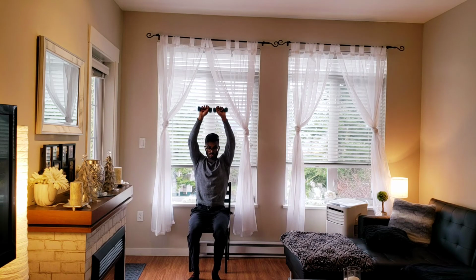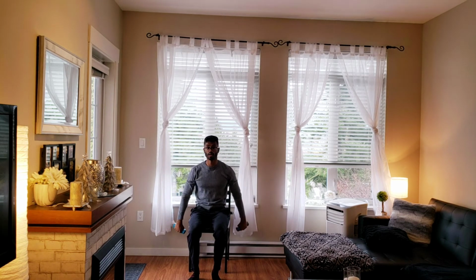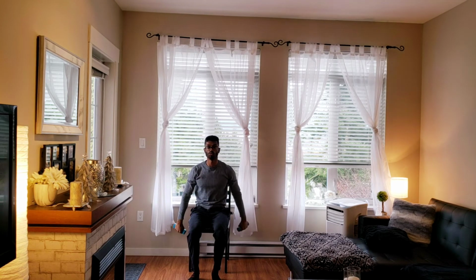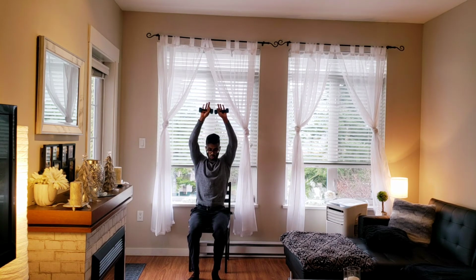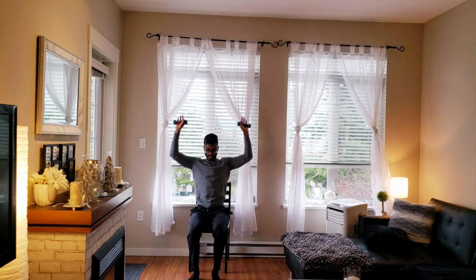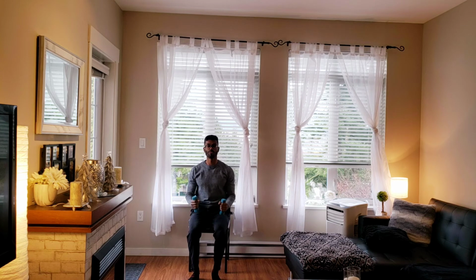3, remember our breathing, breathing out, breathing in. 2, last one, and 1. Okay, and that last exercise we did, remember if you do find pushing things over your head make you dizzy, or if you're taking medication that makes you dizzy, or you're not supposed to be pushing any sort of weight above your head, then just put the weights down and you can do that same exercise,